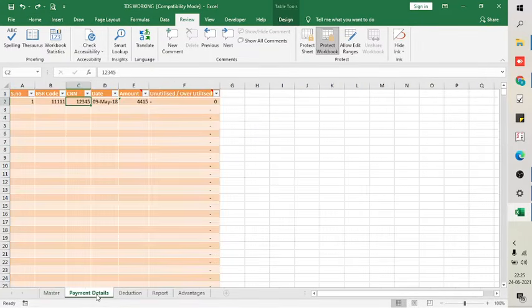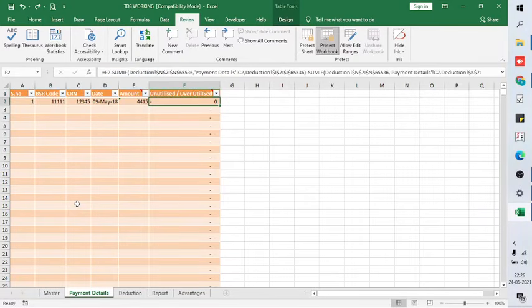The next sheet is payment details where you will have to enter the details of the TDS challan. The five fields that you need to enter are serial number, the BSR code of the challan, CRN of the challan, date of the challan and amount for which the payment is made. The sixth column, that is column F, will show the unutilized or overutilized amount for a particular challan. This will be auto-calculated based on a formula that is already there. We will come to this in the later part of our video.